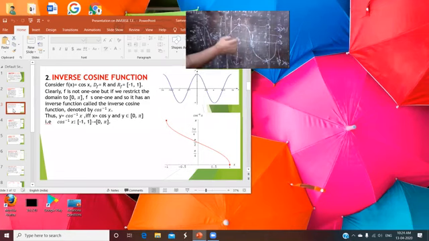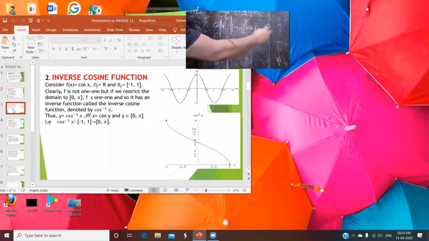So you can say that if we restrict the domain from 0 to pi, it becomes 1-1 and is said to be the inverse of cosine. So here you see that from 0 to pi closed interval, it becomes 1-1 and the function is said to be invertible. So if you have from 0 to pi by 2, 0 to pi, you can say that your cos inverse x can be written as minus 1 to 1 to 0 to pi.